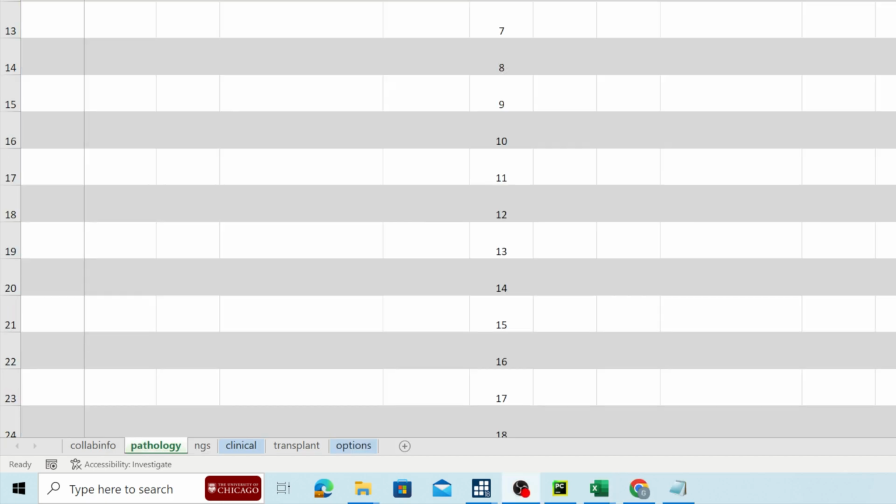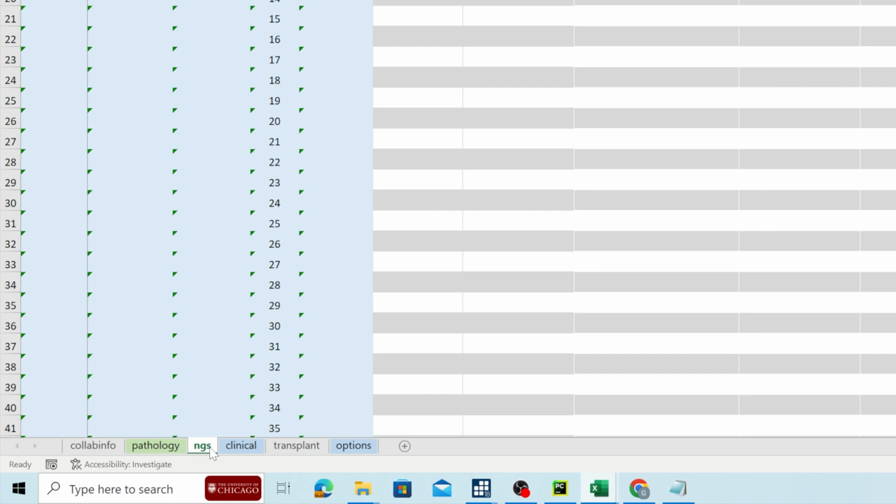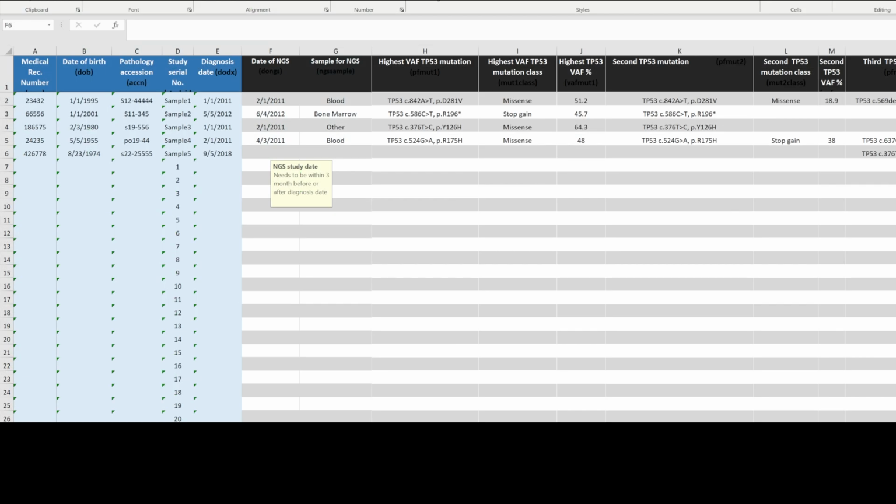So we just finished the pathology sheet, and let's now go on and enter the NGS information for this patient. Let's shift to the NGS sheet. Let me click NGS. Let's go to the top of the NGS sheet, and we enter the date of the NGS, and there's already a box that tells you your date range compared to the diagnosis date. You can have it plus or minus 3 months. So let's just pick a date, like 1 month. You know what, maybe I'll pick the same date,